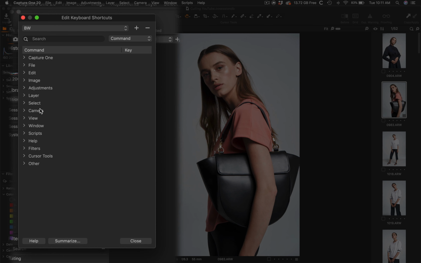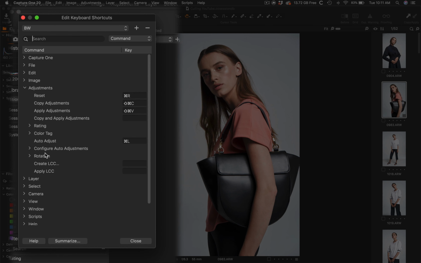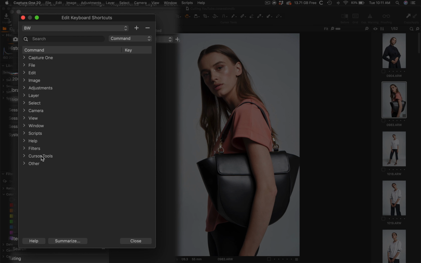So we'll go down to adjustments and to color tag, and under the color tag menu you will see the option to enter in those custom keyboards that I use, which is 6, 7, 8, 9. And down here I have some additional ones I added, but I rarely use these. I just place them in there. Then from there we can close the color tag, and we need to go to filters. Under toggle color filters,